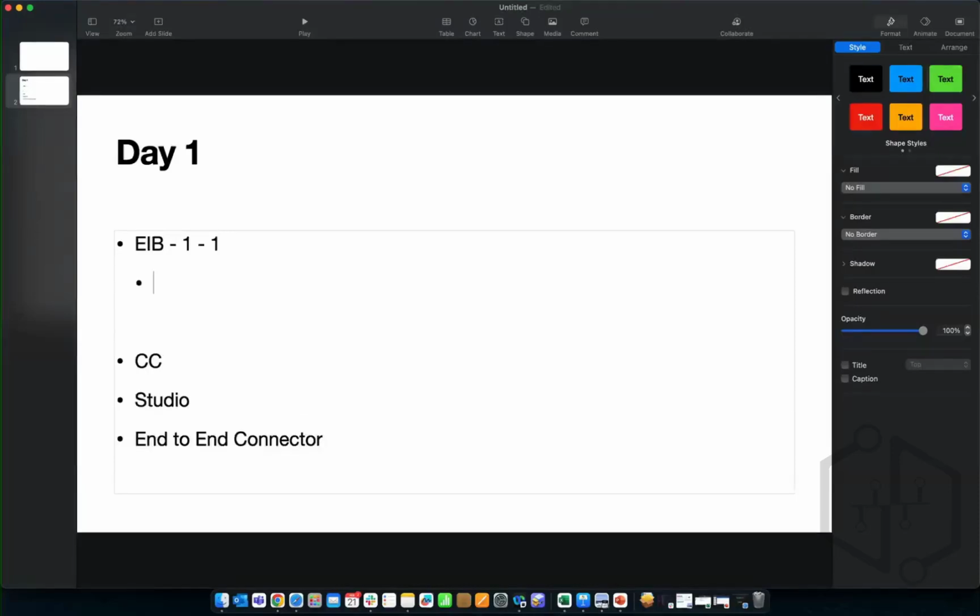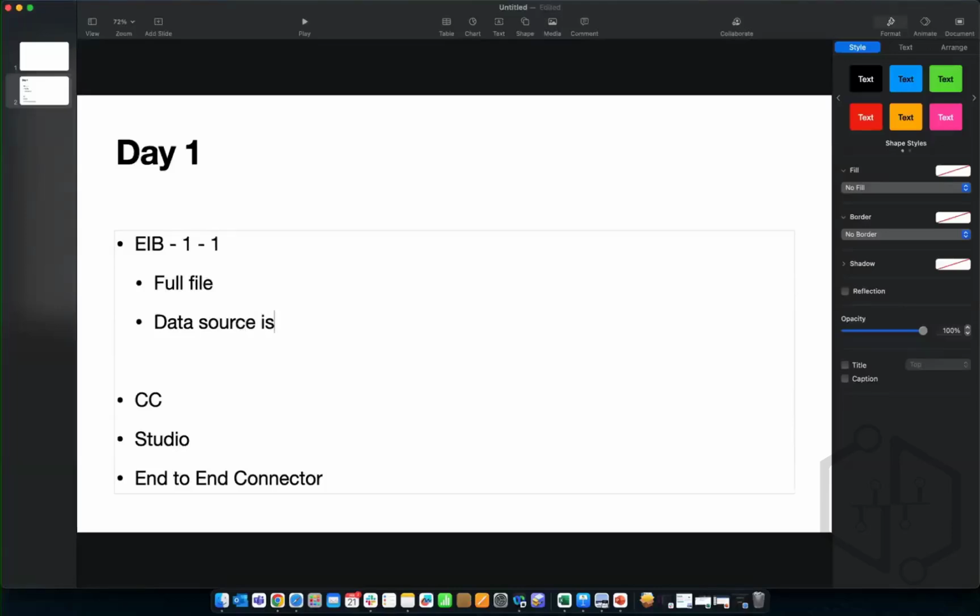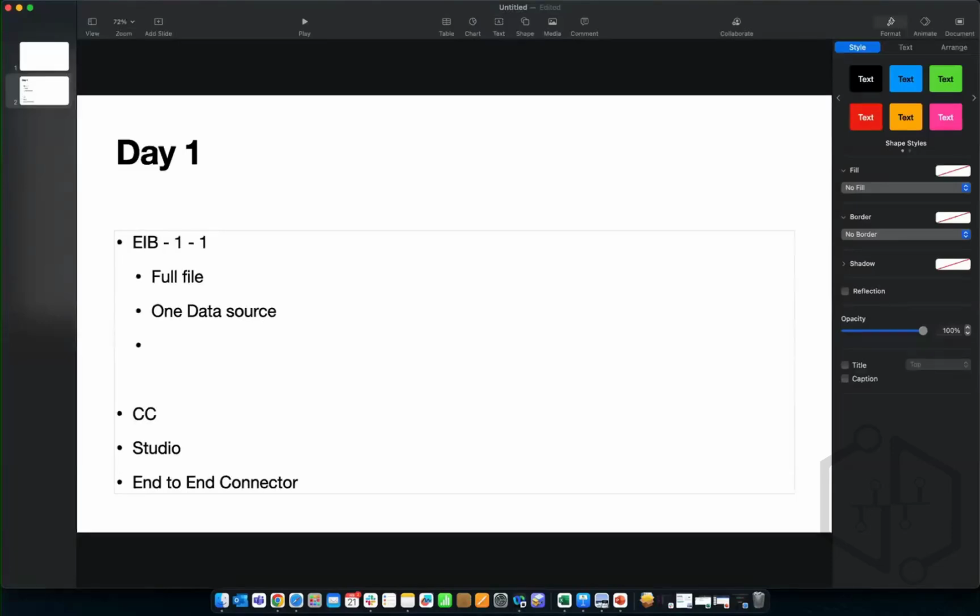The moment you hear that they want a full file, with one data source and one delivery,